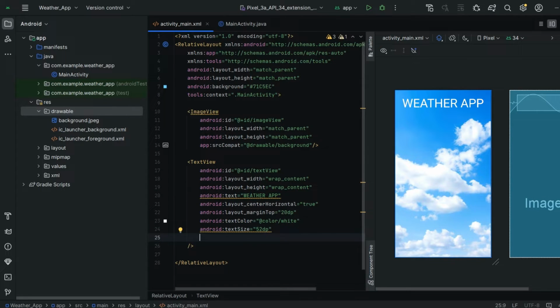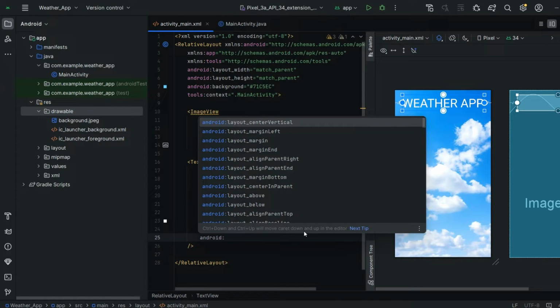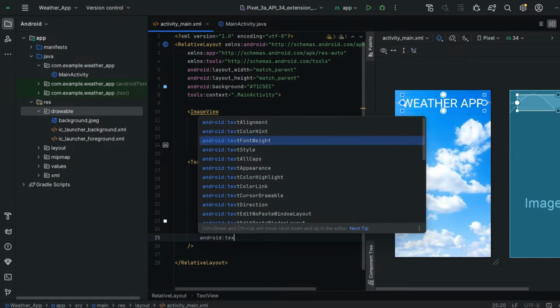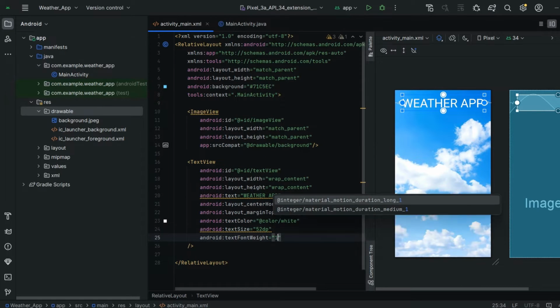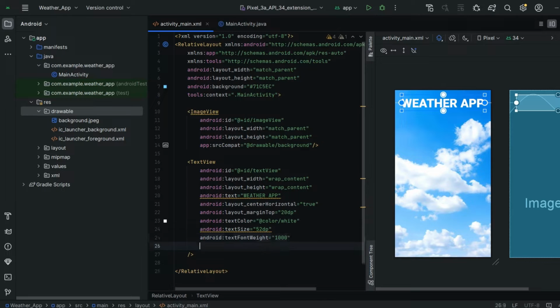Next I'm going to give android:fontWeight. I'm giving it as 1000. I want it to be big. Okay, 1000 was a little bit heavy, I think. I'll give 500. Yeah, now it's okay.